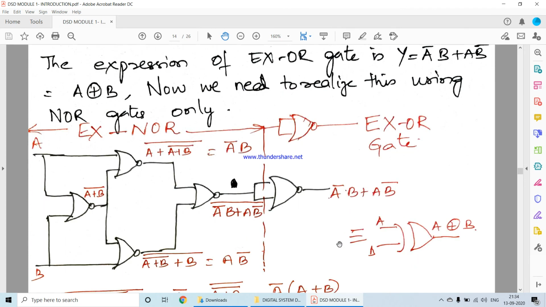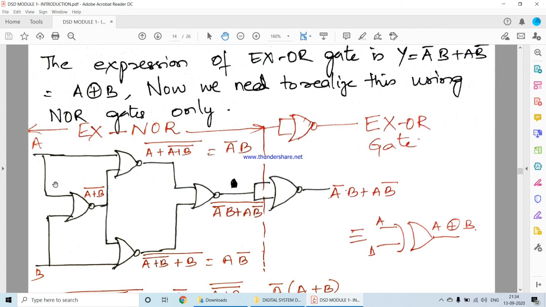Again, as we did in NAND gate, the same thing we do here also. So what we do is we'll take A, we'll take B. I got A plus B the whole bar. Now what I should get is A bar B, and here I should get AB bar. So when I want A bar B and AB bar, I have to do these particular connections. So A plus B the whole bar, then A is two inputs for this NOR gate. What will I get?